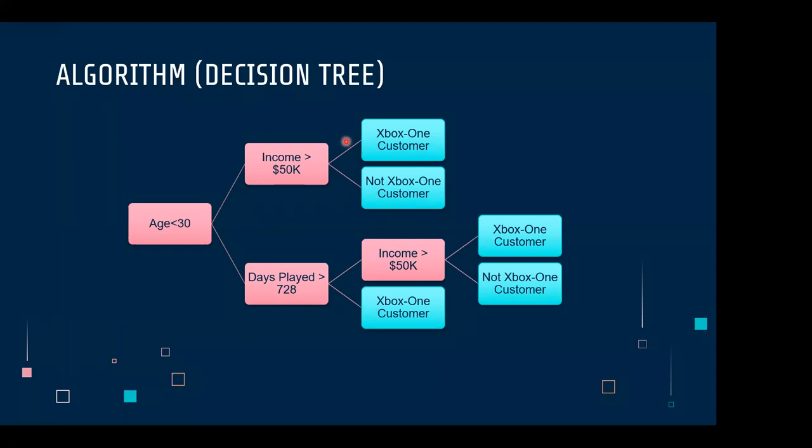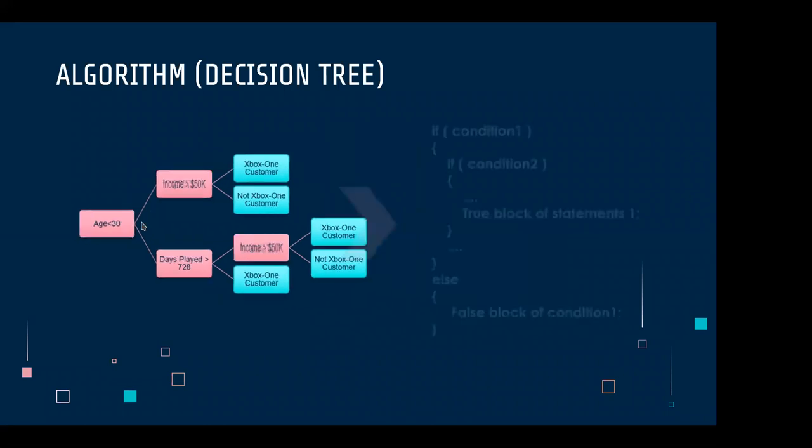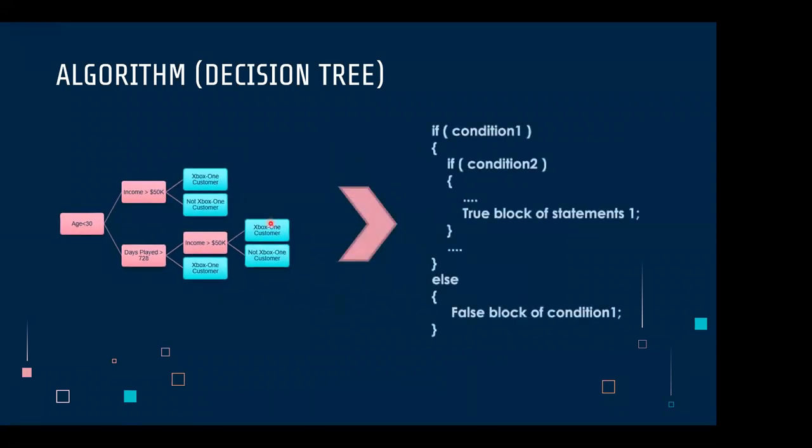This is not a model. This algorithm can be converted into a model. After you convert it, it actually comes out like if-else conditions. These are very familiar to you guys. You know what if-else is. So based on the algorithm, you create the model. You don't have to do this by hand; there are very easy ways to do this these days. So don't worry, you don't have to write if-else conditions or complex algorithms or complex equations when it comes to machine learning. It is very easy, but